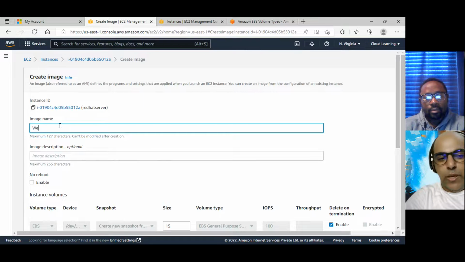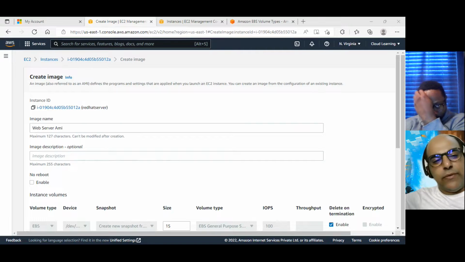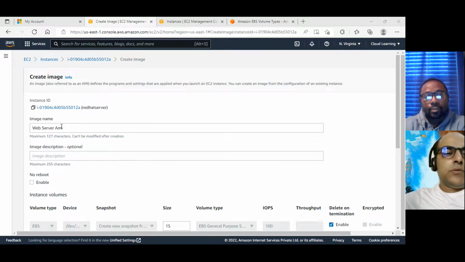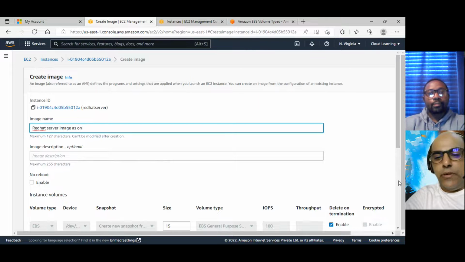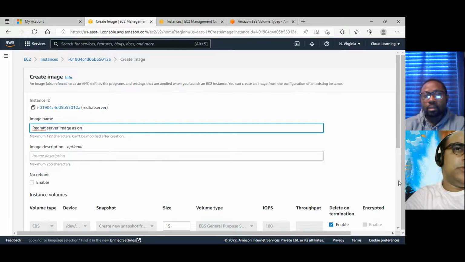Now I can put a name. It is not necessary to have the same name as the server; you can keep anything for your reference. Since I created it with Red Hat, I say Red Hat server image, as on the date, 23rd of August. It is an AMI, so I say image rather than backup.